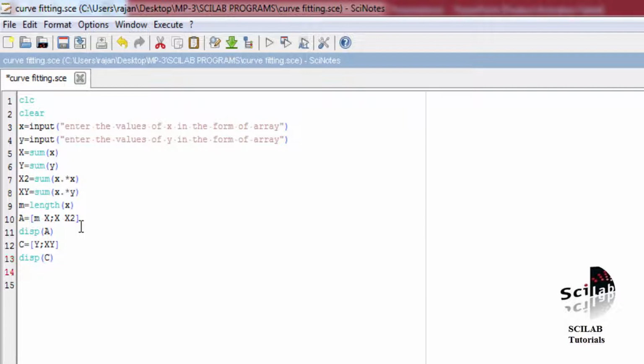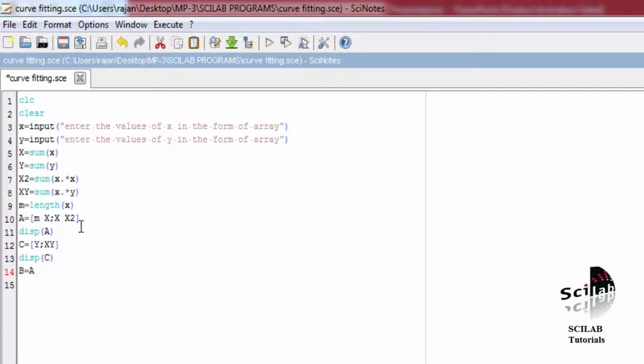Okay. So now we have created a 2 by 2 matrix and a column matrix. Now we have to calculate A0 and A1. So A0 and A1 can be calculated by taking an inverse. If we assume that A0 and A1 are stored in column matrix B, then B will be given by A inverse C. So we take the inverse on both sides, LHS and RHS. Then we will get B is equal to A inverse C, and B will contain the elements A0 and A1.